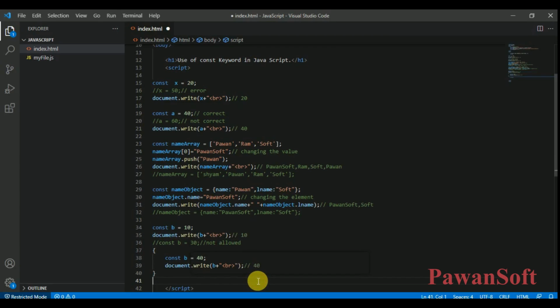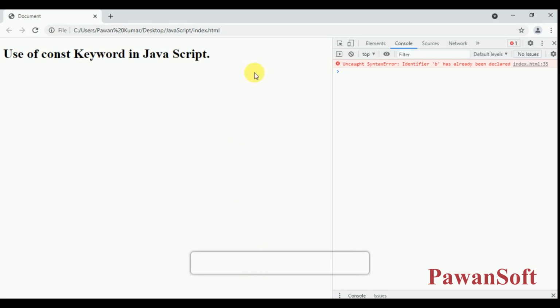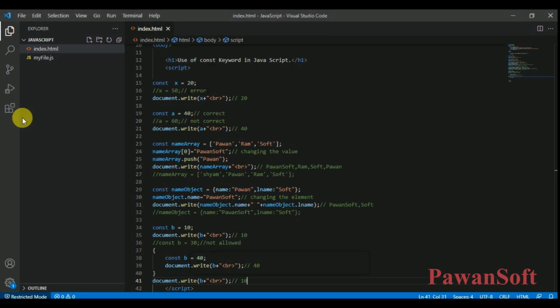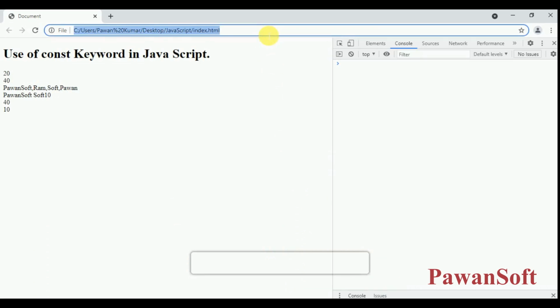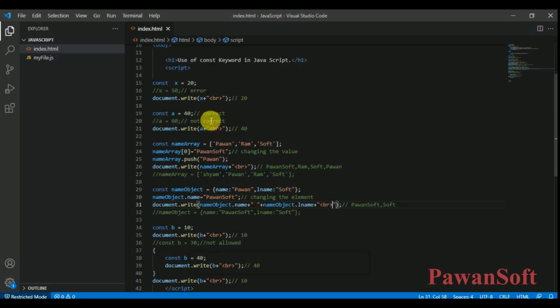Okay, and here it will give you 10. Let's see. 10, 40, 10. Right? 10, 40, 10. Let's give the break line. So now you will get 10, 40 and 10.